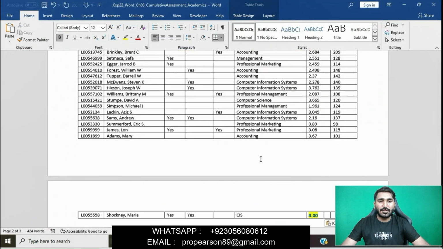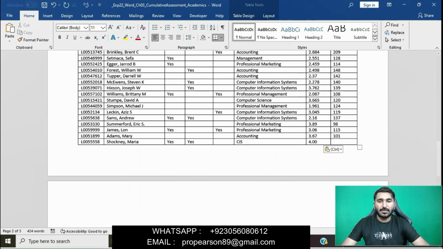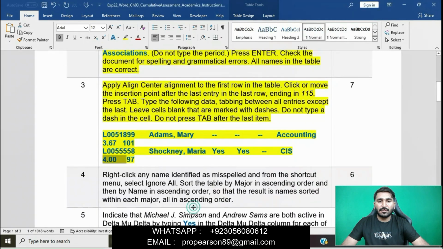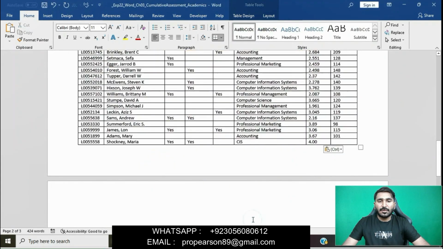CIC, 4.0097. Copy and paste here, and then add the last column and last cell, which is 97. Okay, I have done this question.